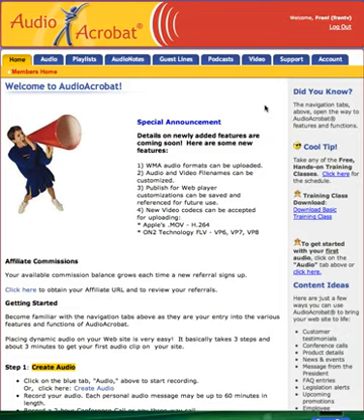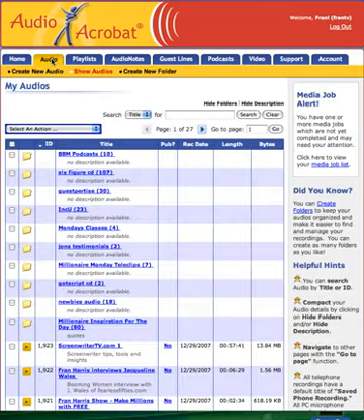So I use a system called Audio Acrobat, which you can check out at frantv.audioacrobat.com. And when you get into the system, it will look just like this. So since the podcast has to start with audio or video, and I'm using audio, I'm going to create audio. So I'm going to go to audio, and you'll see here from the top, it says